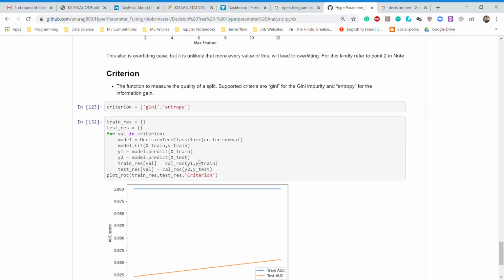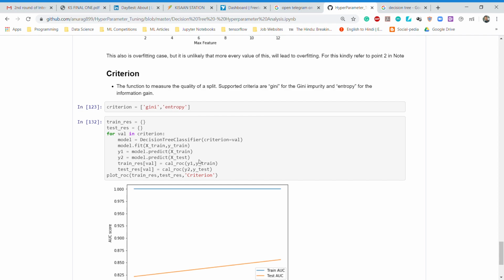The last parameter we have is the criterion. This criterion is the measure of the quality of the split. If we read about how a decision tree splits its nodes, there are two methods, Gini importance and entropy.